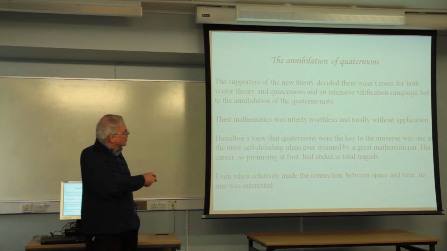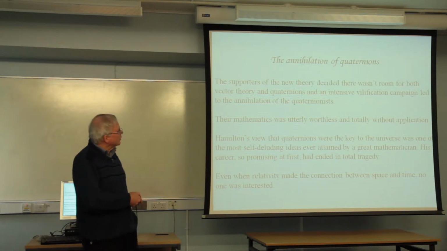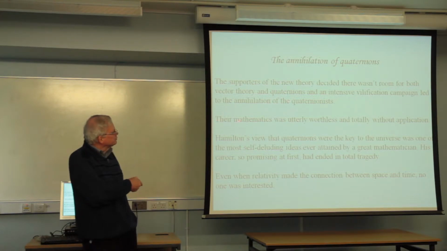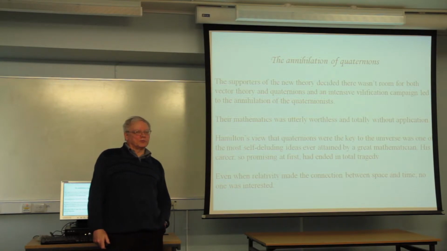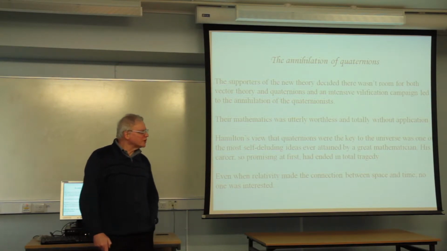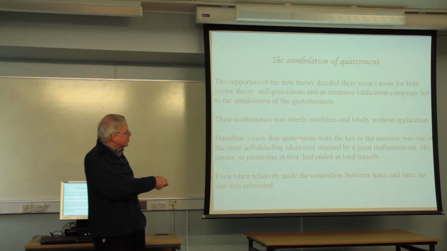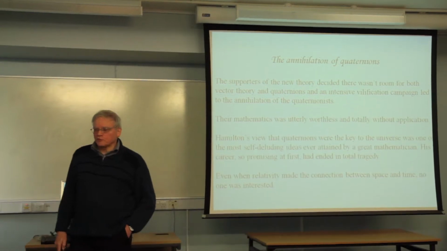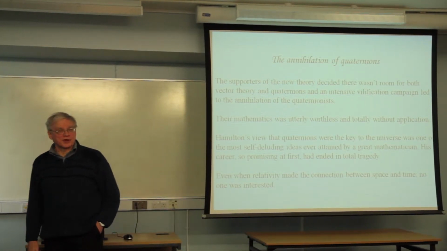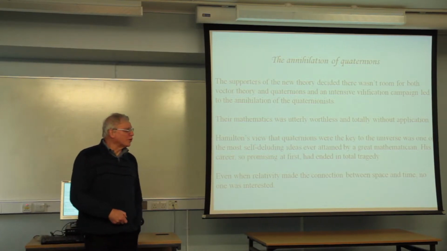One of the problems, I think, was that people didn't personally like Tate, one of the last remaining supporters of the quaternions. And so it wasn't just that these weren't ideally useful for the immediate problems we want to solve, they're no use at all. Completely pointless. Utterly worthless. Totally without application. And Hamilton's view that this must have been the most self-deluding idea of all time. People have written to that effect and still write to that effect. That never was a great mathematician proved more hopelessly wrong.